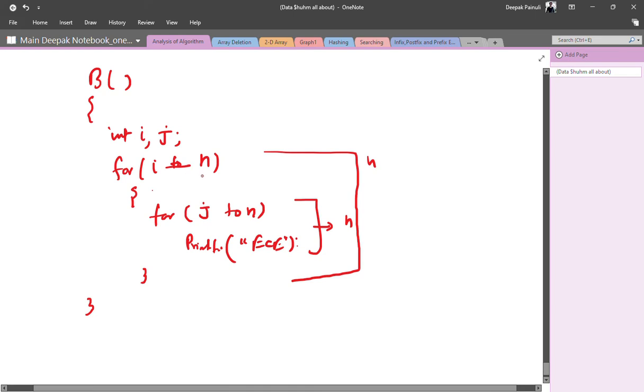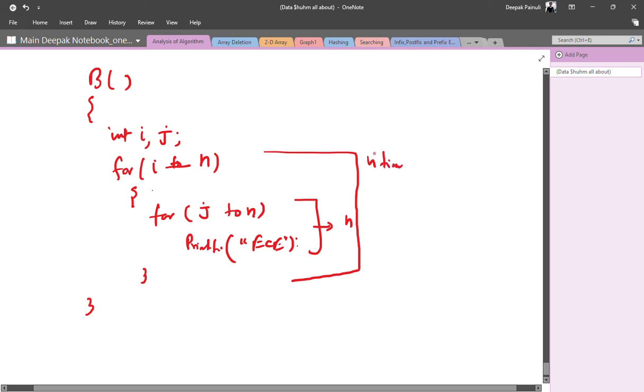For i from 1 to n, i's value should be until i is not equal to n, and this loop is moving j to n, right? So the printing loop will run n times, and in the same way the outer loop will run n times, right?